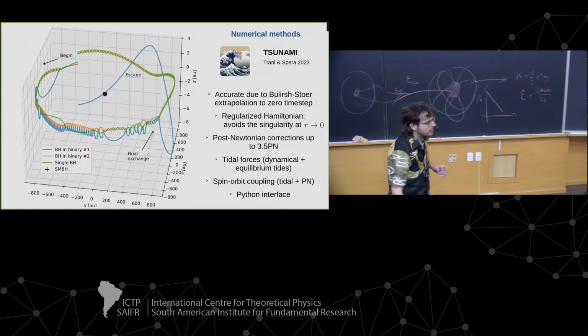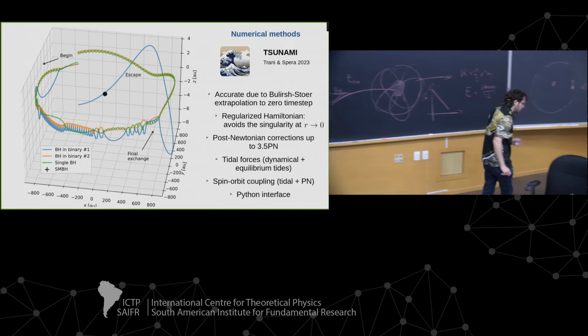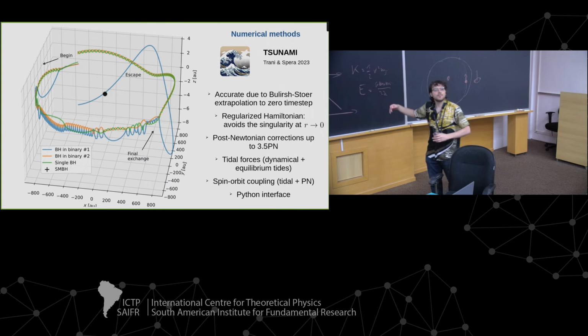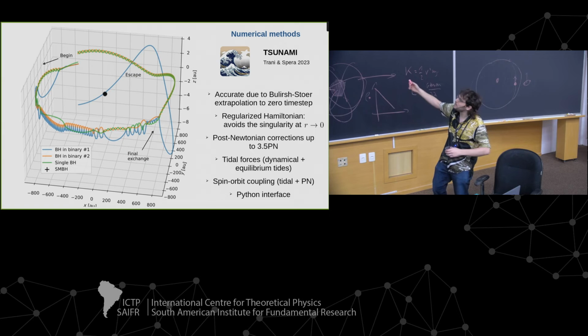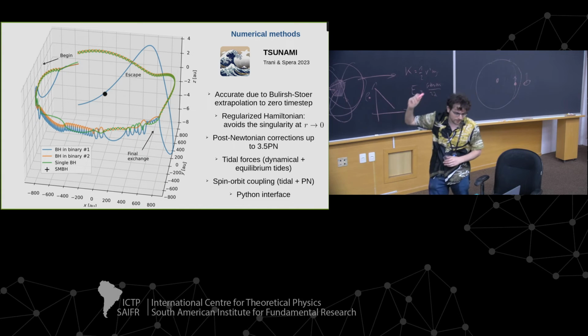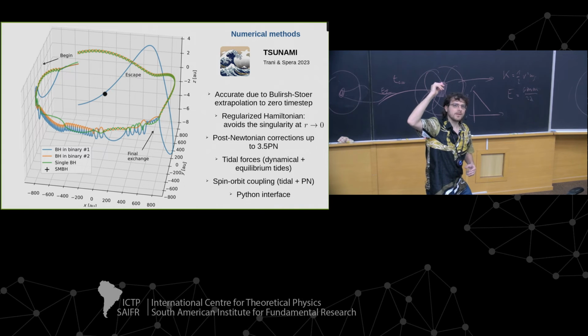So yeah, eventually you have to run a lot of simulations. What I used is my code that maybe I mentioned already. It's a bit complicated, but has all the physics that we need. Post-Newtonian corrections. It can model orbits very closely. It's very accurate and has a Python interface. And this is how the three-body encounter around the supermassive black hole would look.